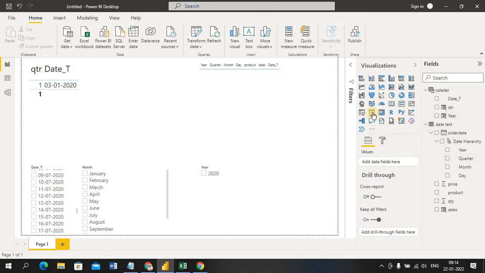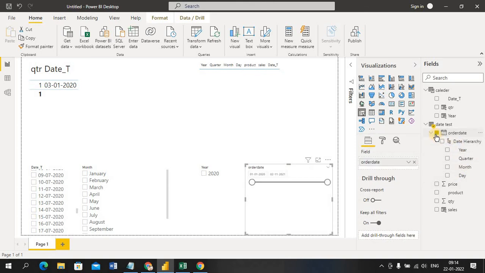So I'm bringing this slicer, order date, so I'm making a list, and make it the same format. If you want to make it the same format for your slicers and filters, select any slicer and there is a format painter, so just apply it here.